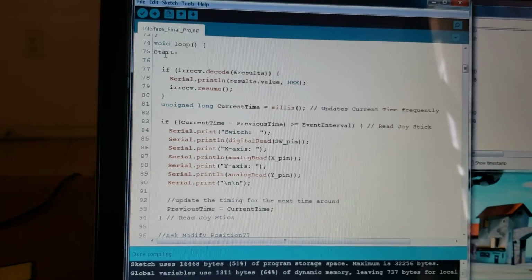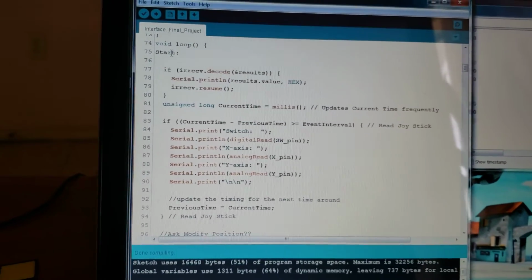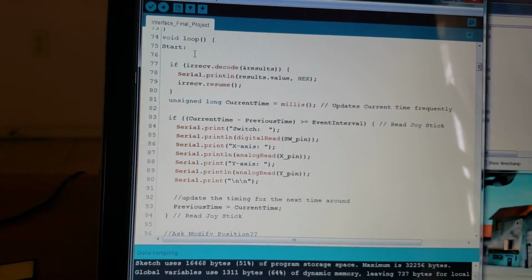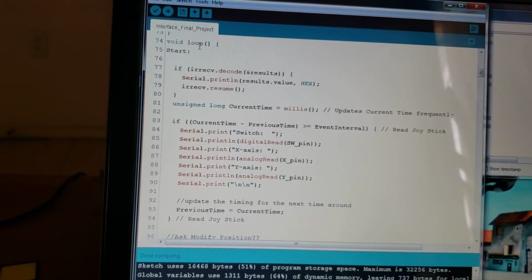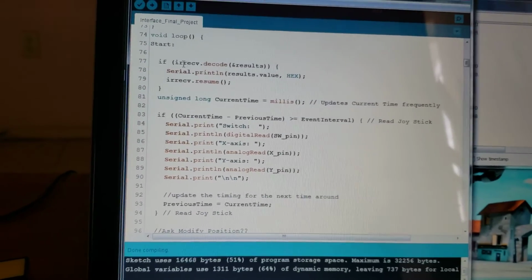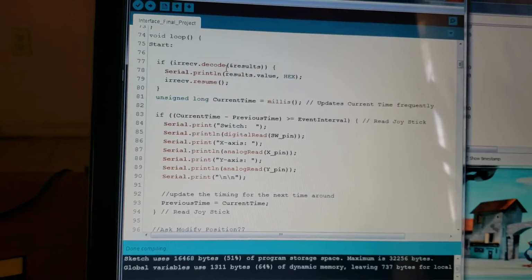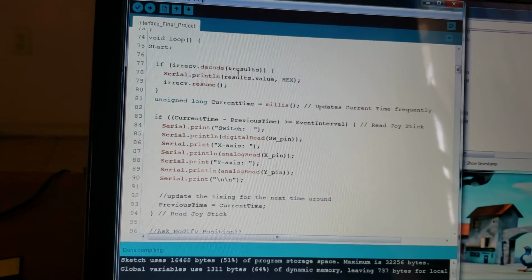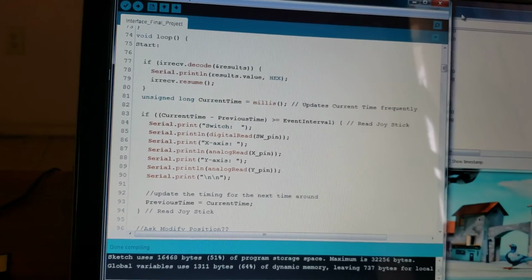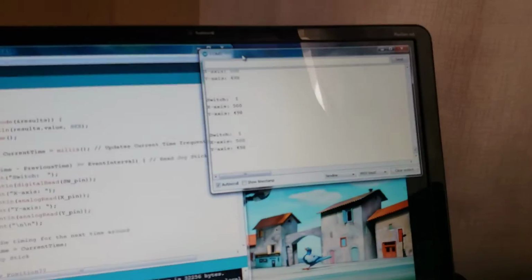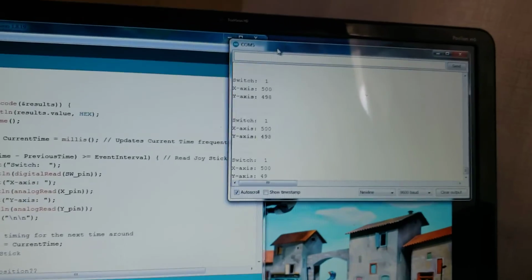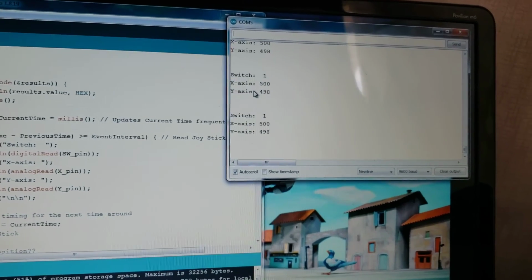So right here, this start, that is a label. So from my goto, I'm going to say goto start, and this is where it is going to go. So if my program reads some results from the remote control, I'm going to print that right here in my screen information, where I'm printing my switch and x-axis. I'm going to print my